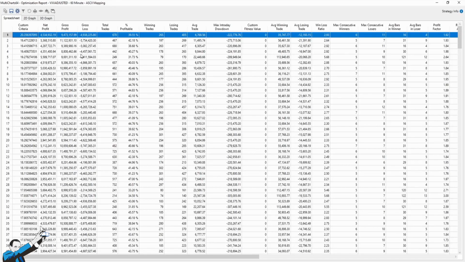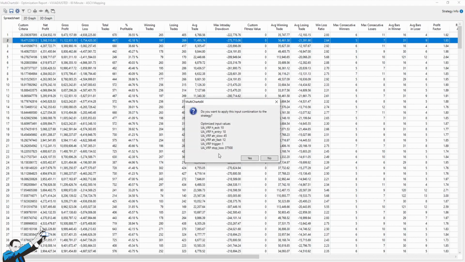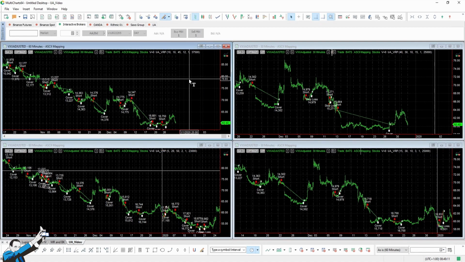Or still within the same metric, we may find a set of parameters that maybe isn't the first, but gives me a much higher net profit. Now you see this second set of parameters has a lower return on drawdown, but produces results that are certainly more interesting from an economic viewpoint. So it could be worth the while to use this set of parameters. Let's look at the equity line.